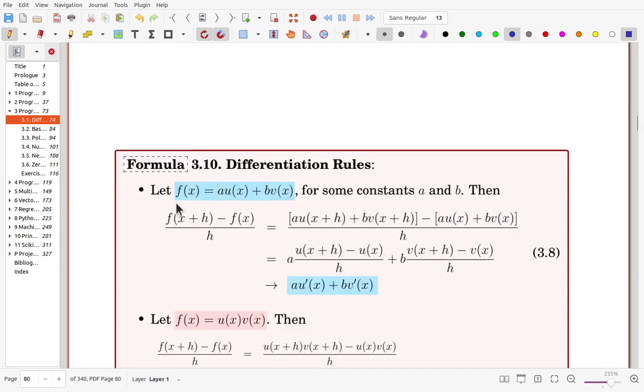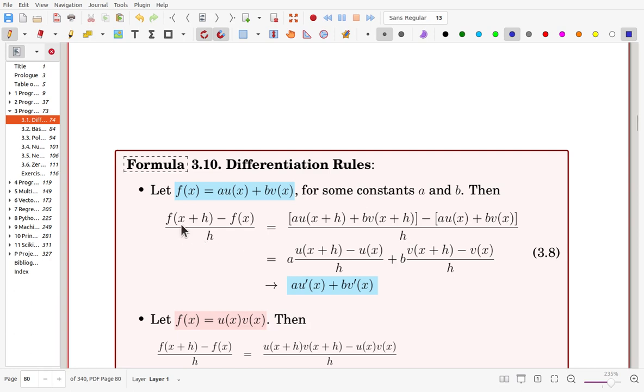Okay, let's start with a function given as a linear combination of two functions, a times u of x plus b times v of x, and a, b are constants. Then here we are using the